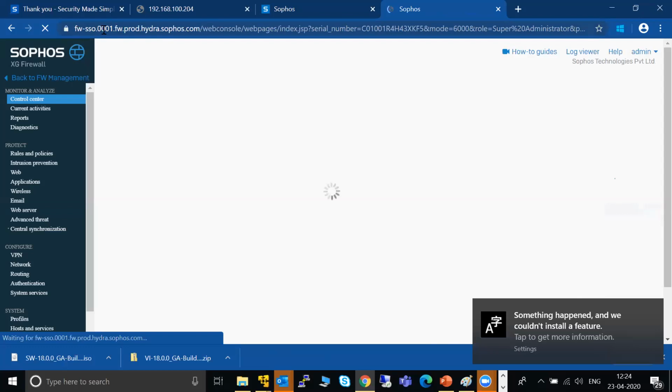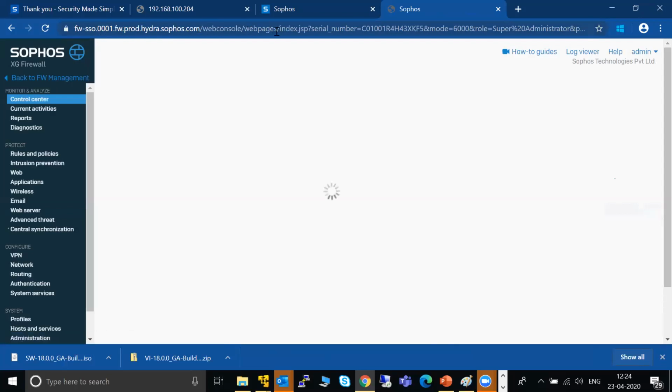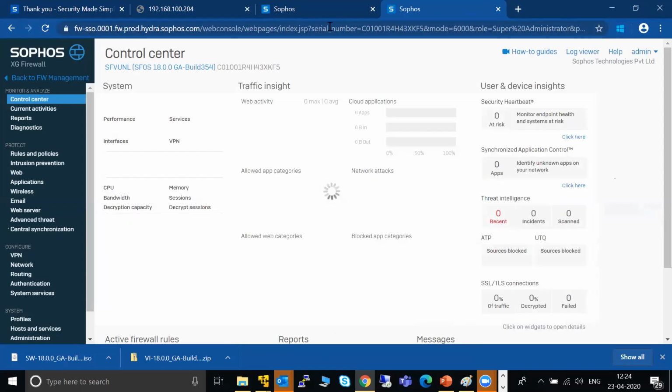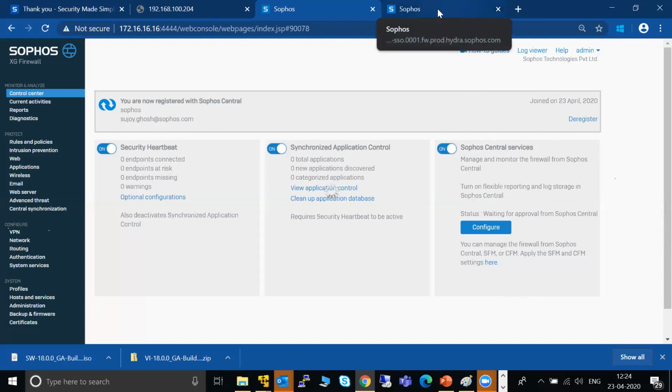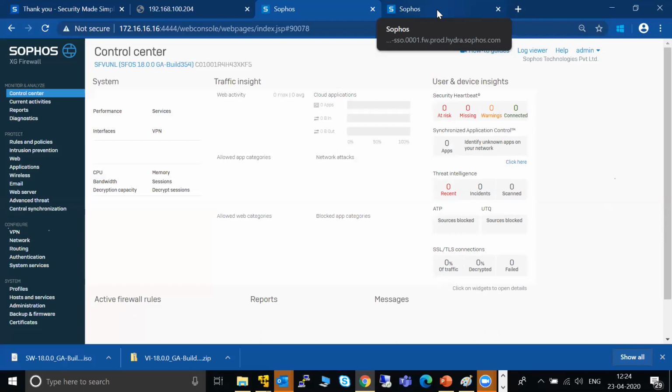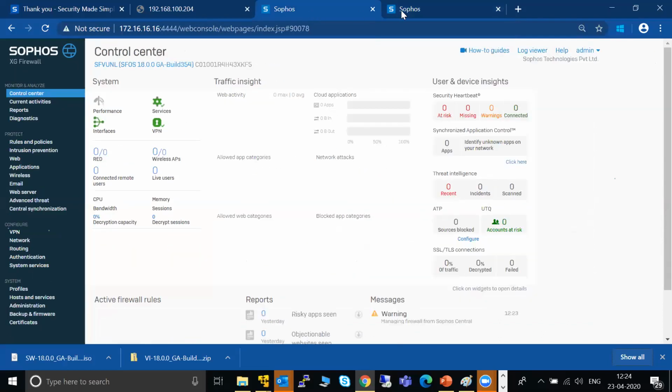As you can see, this is the Sophos Central page. This is not the IP address. There is no sign of any IP address here. So this is the normal page. So connect your appliance. You don't need to keep a live IP, or you don't need to keep HTTPS open on your firewall. And not only that, you don't need to have VPN connected on your network to access your firewall. You can access this firewall from anywhere in the world.